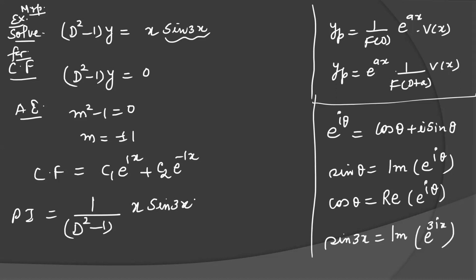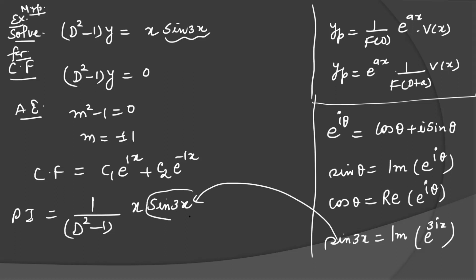And we cannot apply here the shifting property. If there is no x sine 3x term, then we can apply the polynomial expression. If there is no x term, then we can apply the trigonometric result. But in this case, you have polynomial and trigonometric both in the multiplication. If there is an absence of any of the forms, trigonometric or polynomial, then it can be easily solved. But in this problem, they both are in multiplication. So how do we solve it? For that, we will use this result.